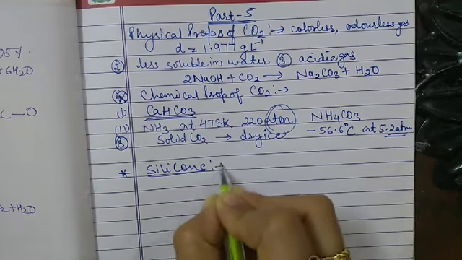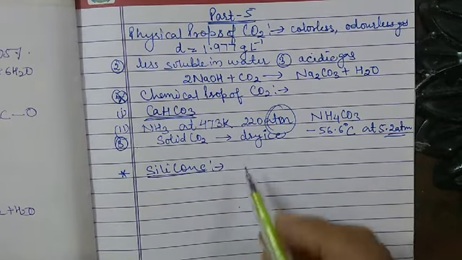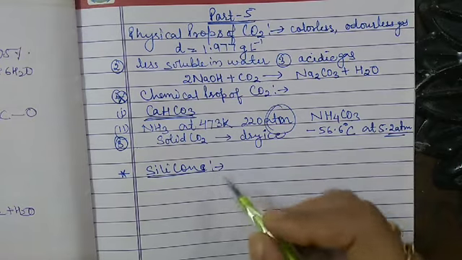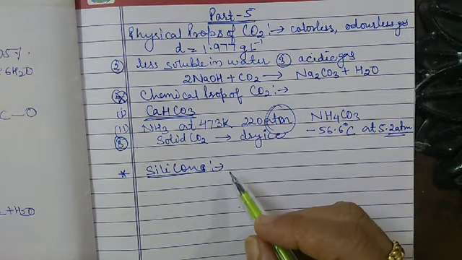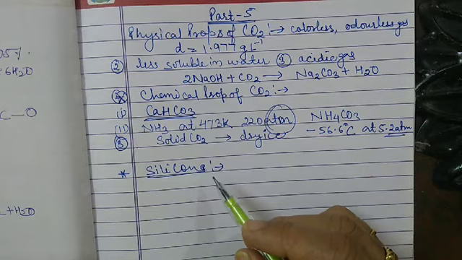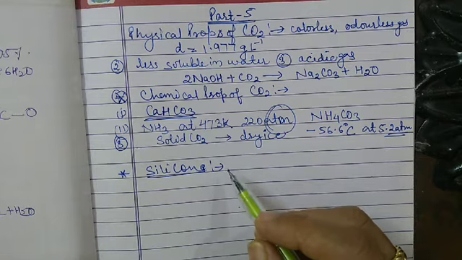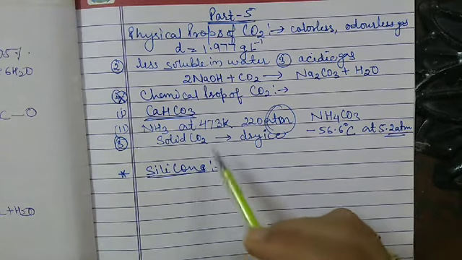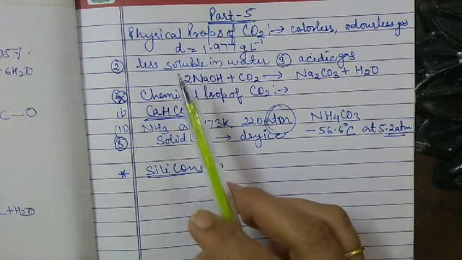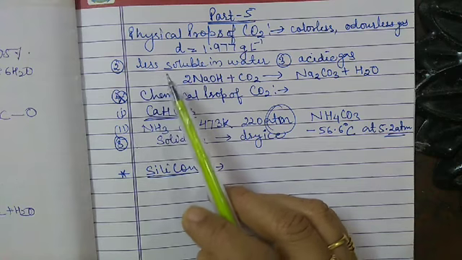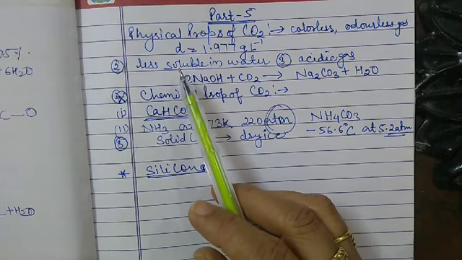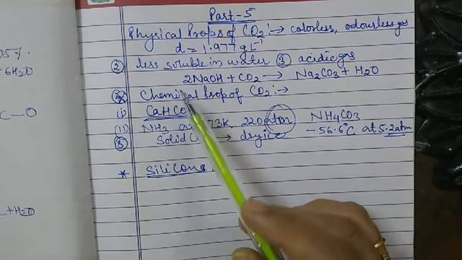Silicon is the next topic. Most of the topics are deleted from this chapter, but I think only two topics are there, that is carbon monoxide and carbon dioxide. Now let us